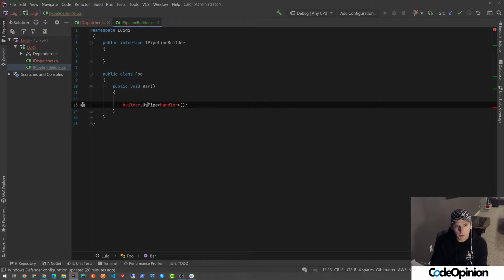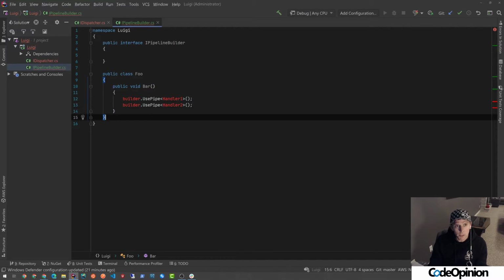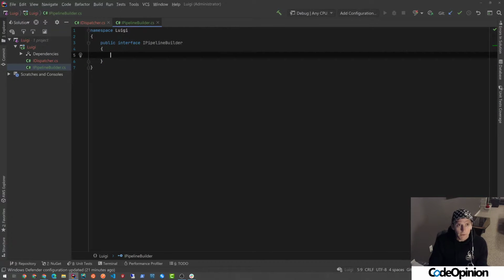If you're going based off of the middleware idea, you'd have something like use pipe, and you'd give it basically all the different pipes in order that you wanted for a particular request, etc. So it'd be something like that. What would that look like? This would not be asynchronous, because this is basically just registering. So we would have something like use pipe,